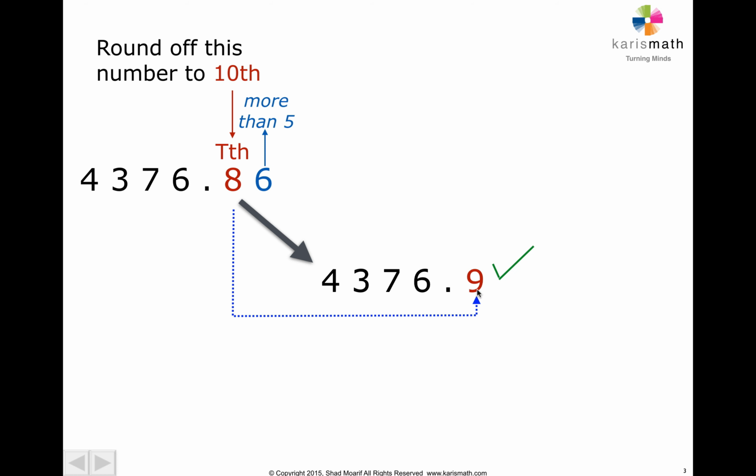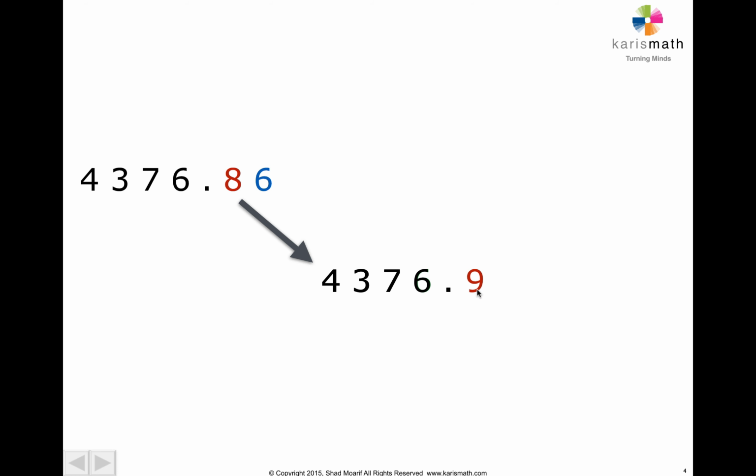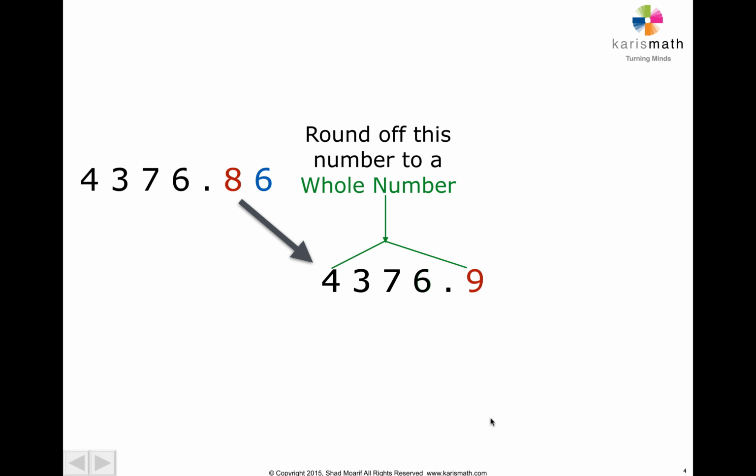And we can round this off too. If we want to round this off to a whole number, that means we don't want this decimal here. We just want this number, a whole number, no decimals. What do we do then? Well, we just go ahead and change this number to the next higher number, because the number after that is more than 5. 6.9 is almost 7, right? So it's 7.0. So we can write it as